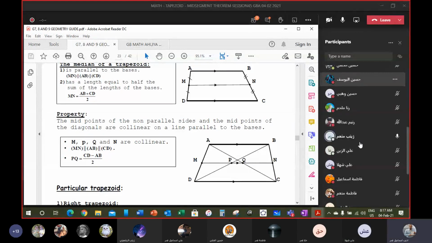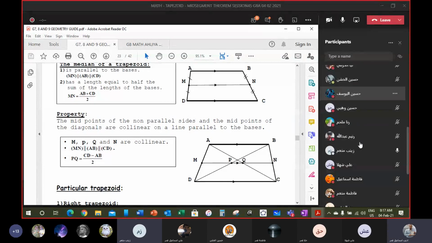فاطمة اسماعيل. نعم يا أستاذ. ايه زينب يلا. كان السؤال يا زينب what do we have particular trapezoids؟ علي شهلة جواب انه right trapezoid. شوفي عنا particular trapezoid تاني isosceles trapezoid. How do we know if a trapezoid is isosceles؟